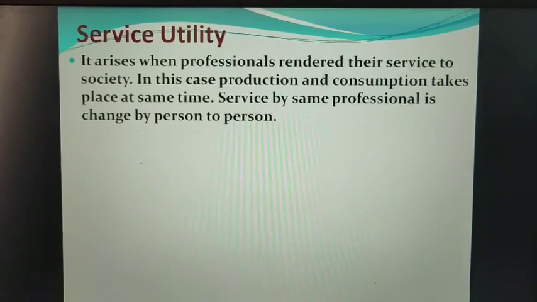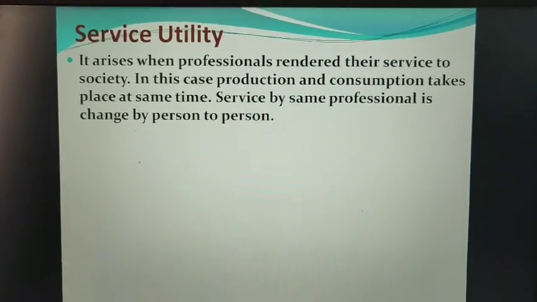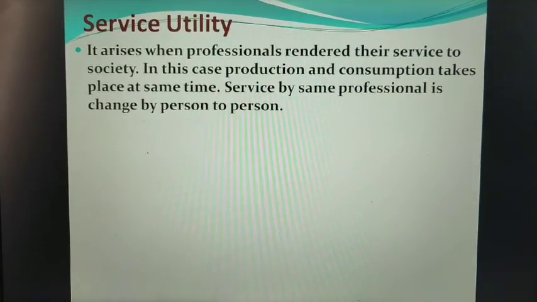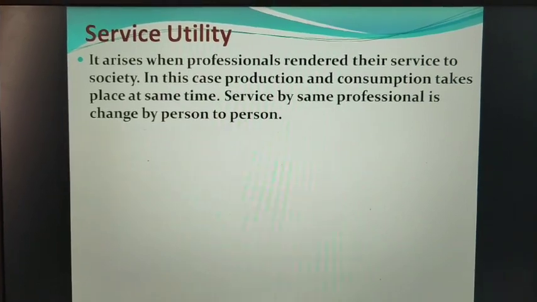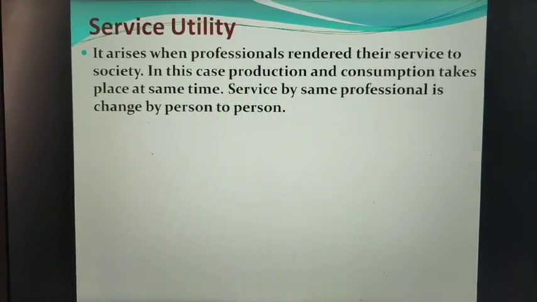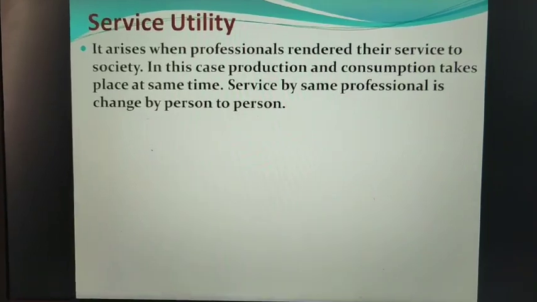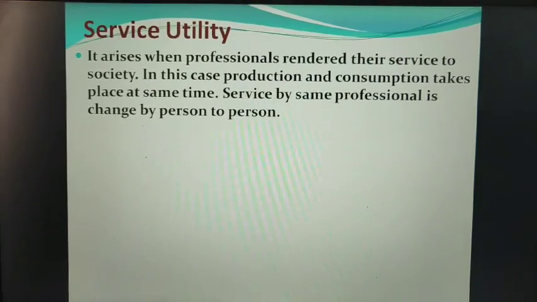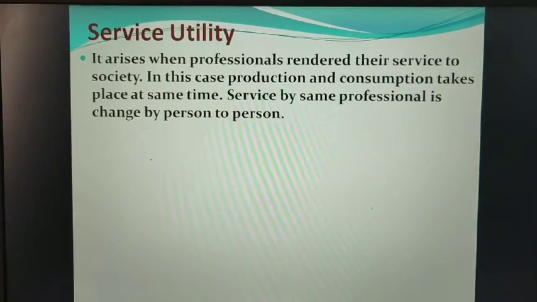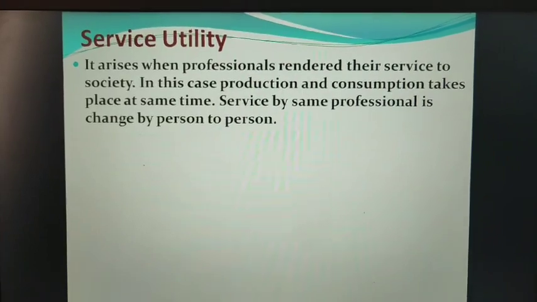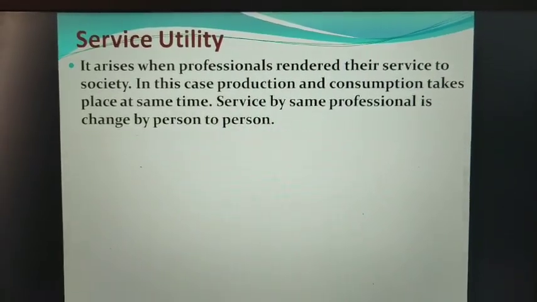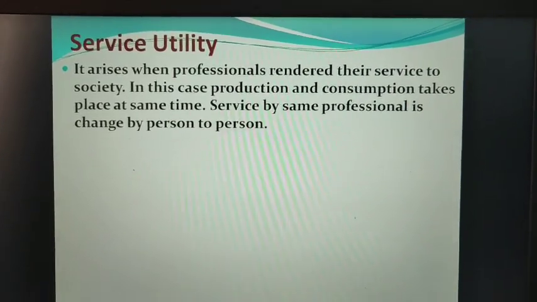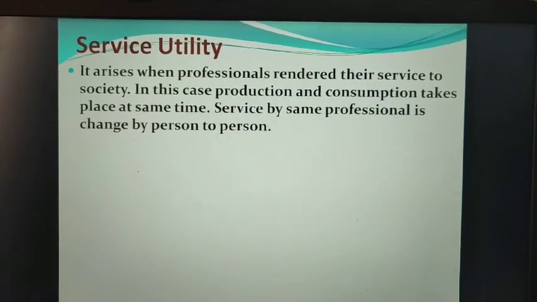But there is a particular time to take these services. Take the current example: many doctors are handling patients of corona. So when I am going to the doctor, why? Because I am sick. At that time, when I'm sick, I can get the utility from a doctor only, because that particular service can be provided by a doctor only. If I'm sick, I cannot go to a lawyer and say, please do my treatment. No, I have to find a person who can treat me, who can give me a perfect service.